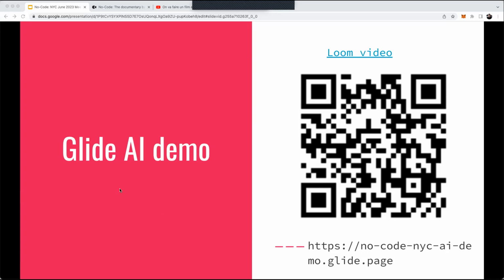I think you have to register with your email and it sends you a magic link or something like that. So there's some setup involved, but once you're in the app, you just have to put in your name and stuff. So I will play the video that David sent us, and it'll show you all the features that Glide is releasing.